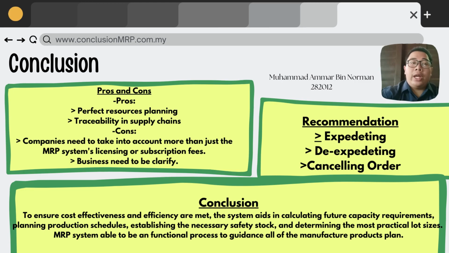In this slide, I will brief about three things, which are pros and cons of MRP, recommendation, and conclusion. To begin with, there are two sides of pros or advantages of MRP and two sides of cons or disadvantages of MRP. On the pro side, the first is perfect resource planning. Second, traceability of the supply chain. While on the cons side, companies need to take into account more than just the MRP